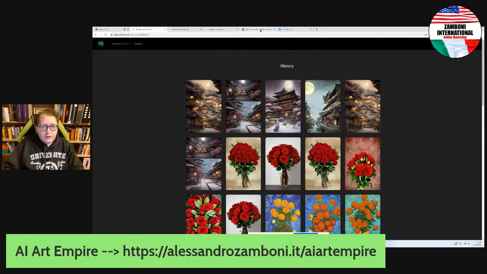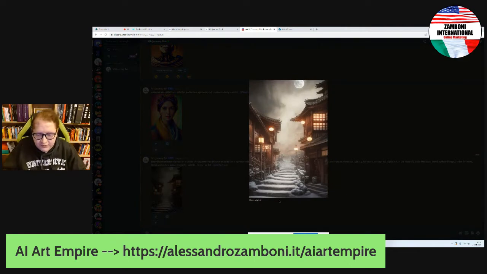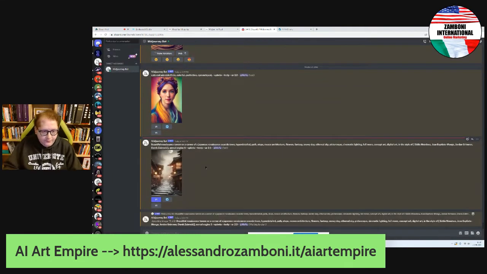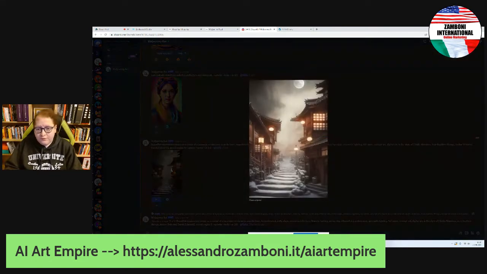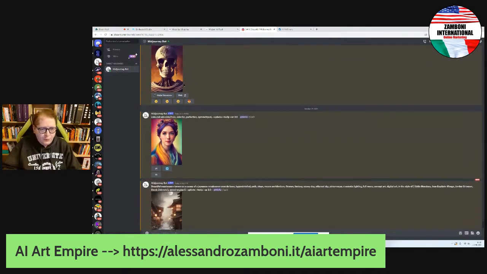So let's come back to Discord. Okay, here is the final result. Yeah, it's pretty good. There's the moon lighting up the sky, those lights. So I really like it and I can make it bigger. As you can see, the design, in my opinion, is more detailed here, unlike when compared with the other two tools. But the three can make great work based on different queries, different commands.